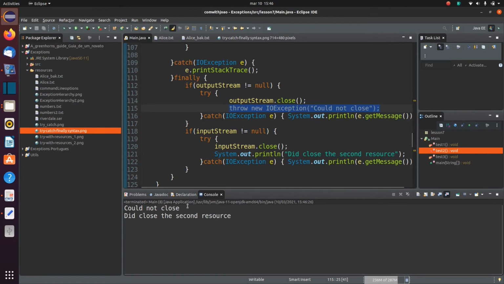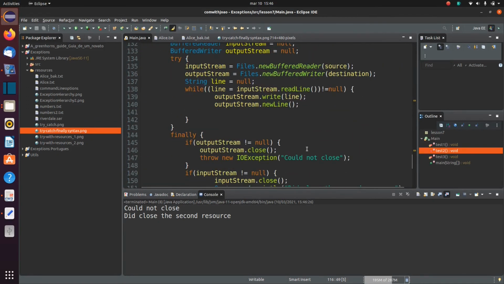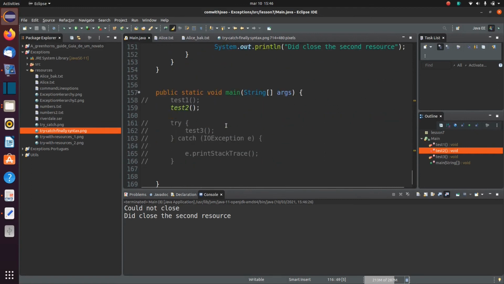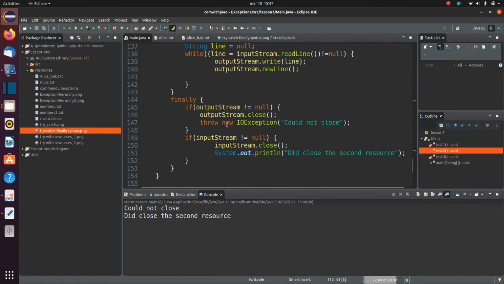There's the message, could not close. That's the message that gets thrown there. But yet, I do close the secondary source. So we must guard against this. So in this case, where I'm not handling the exception here, if an exception is thrown here,